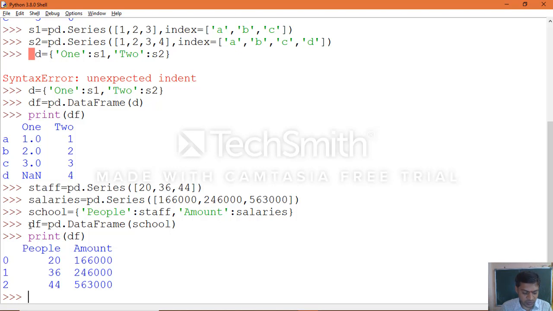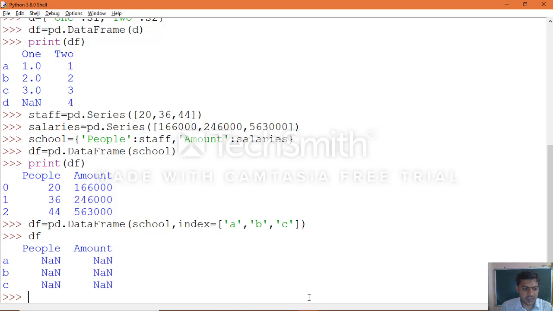If you want to make use of your own row label index, yes, you can do it this way. Here you pass index equal to a, b, c, which you can treat as branches, A B C branches. Then print the object, see the output.